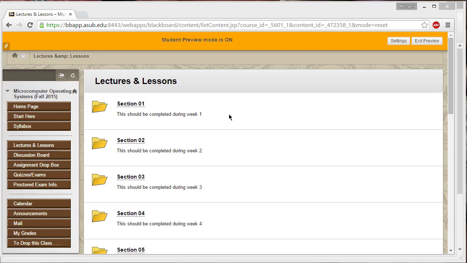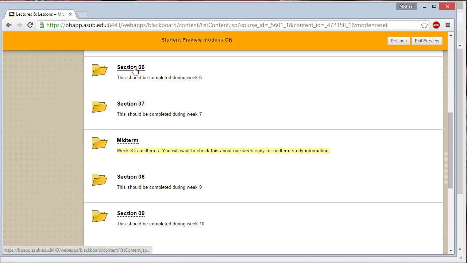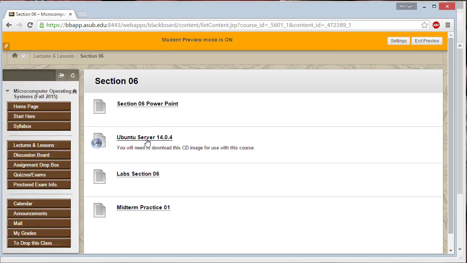Before you start Project 6-1, you need to download the Ubuntu ISO image. Log into Blackboard, go to Lectures and Lessons, Section 6. The second link should be the Ubuntu server download link. Once it's downloaded,